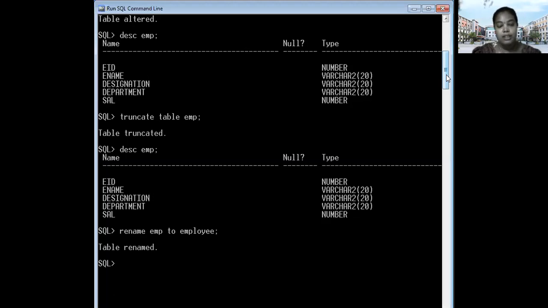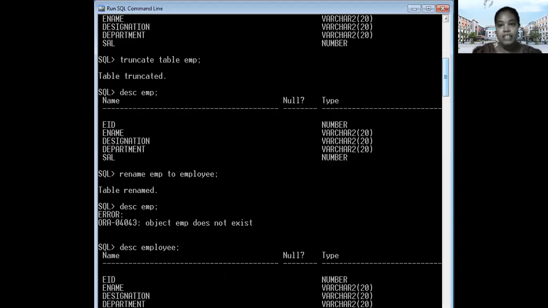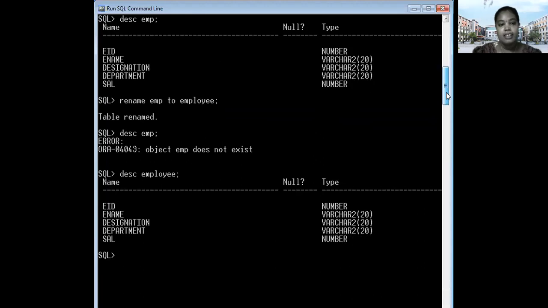Table renamed. Now you have to describe the employee. There is no object because we changed the name of EMP to employee. So now type employee here, and again it will show the entire table.